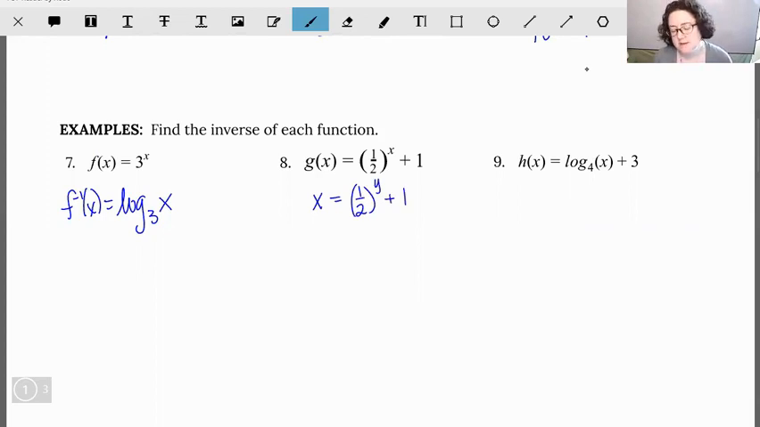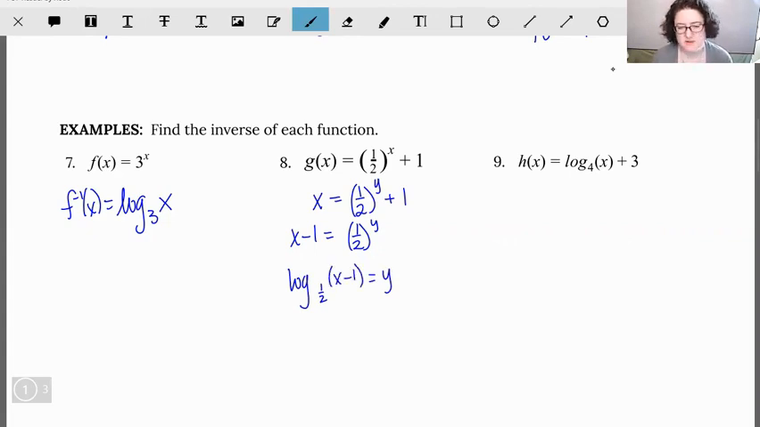So to get the y by itself, first thing I'm going to do is let's move the 1. So x minus 1 equals 1/2, which is our base, raised to the y. So let's go ahead and change this over to logarithmic format. So 1/2 is our base. Our exponent goes by itself on the other side of the equals. And then we have the x minus 1